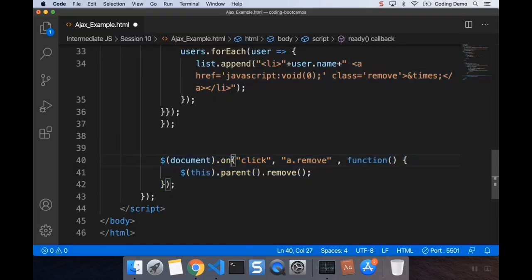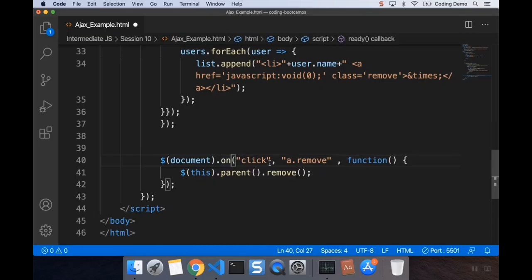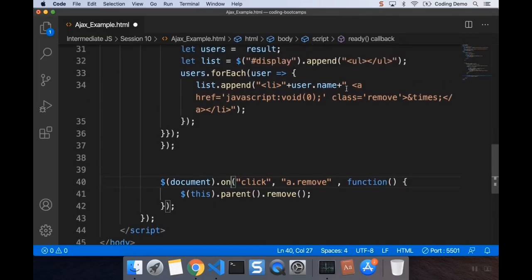So with this on method right here, we are listening to the click event on multiple elements. I have multiple elements here. So no matter how many users are created, we'll always have an anchor tag that will have a class of remove, right? And we will find all of these anchor tags that have the class of remove and write in this bit of code here. It says that this is the actual object, the parent, and remove. So we're removing the entire parent, right? So if we save this and run this,